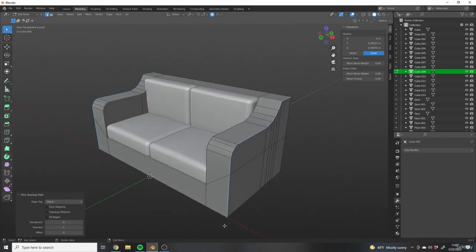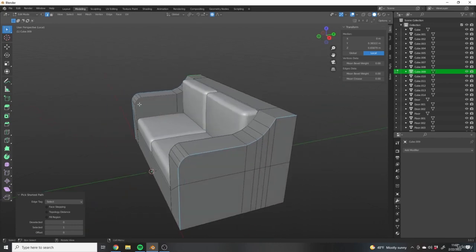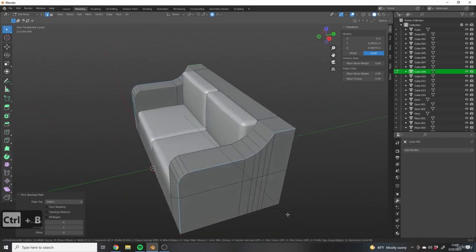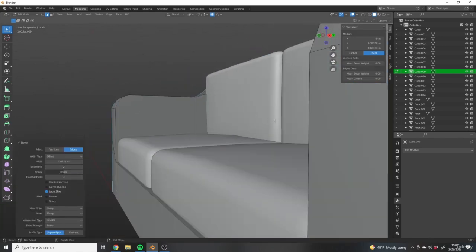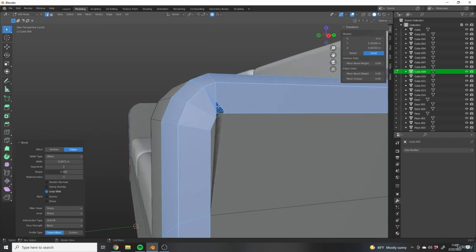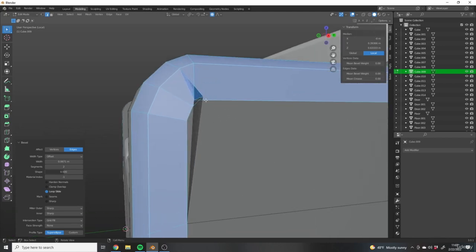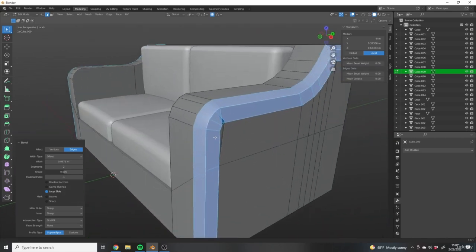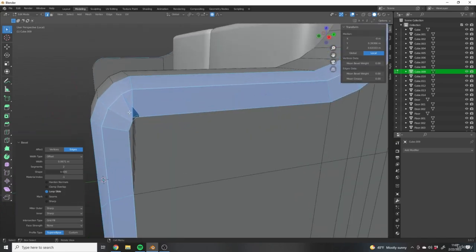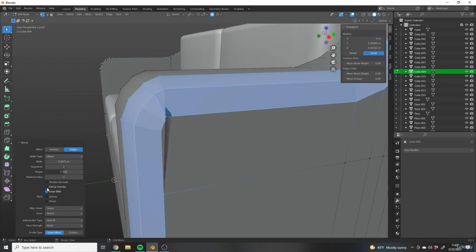So I just use the shortest path operation by control clicking, shift on this side, control clicking to get that selection. Let's bevel it with a few less. Now, when you bevel things, you might notice something like this happening, this overshoot. That's because your vertices were too close together on the edge that you beveled, and so they're overlapping each other in a way that is not ideal. So you can fix this manually by merging these vertices together, or you can select clamp overlap on your bevel operation,